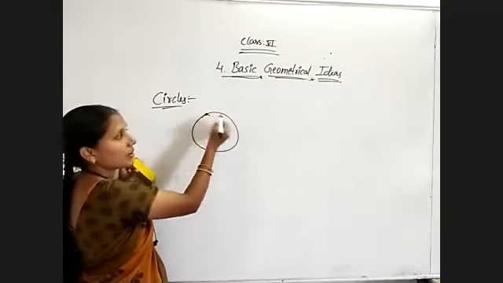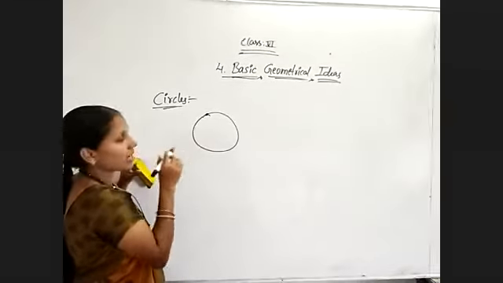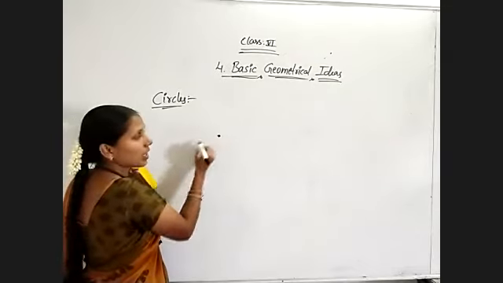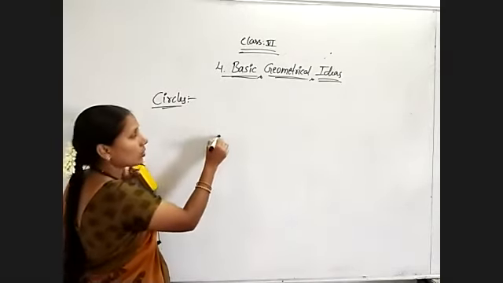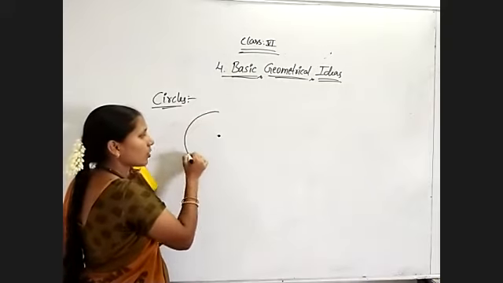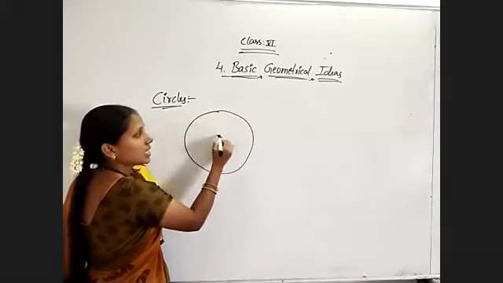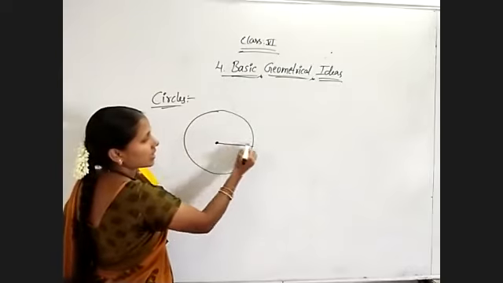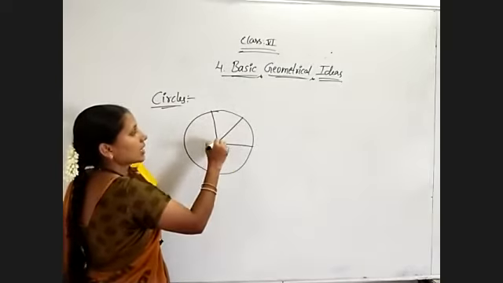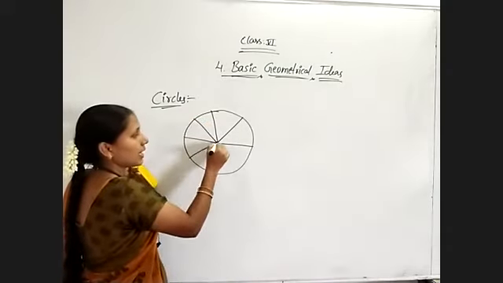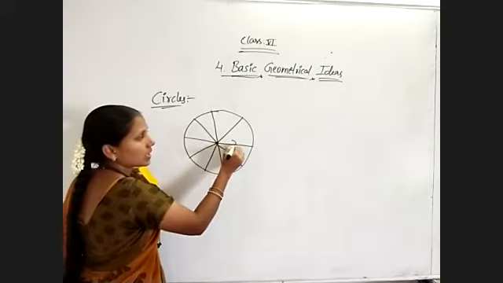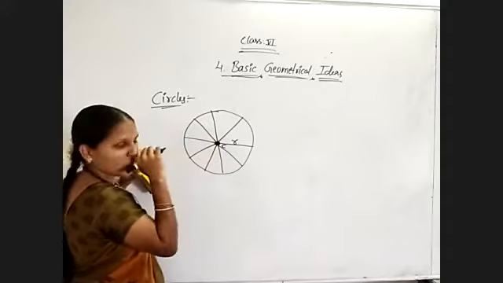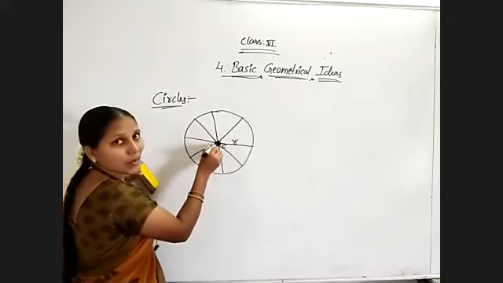It is a closed figure made up of a curved line. And what are the different parts of the circle? Just observe. To form a circle, first of all, locate a point. Whatever curved line we draw through rotating around that point is at an equal distance from this center point. That is equidistant from its center. This distance is referred to as the radius, and the fixed point is known as its center, the fixed point from where we are measuring the length.